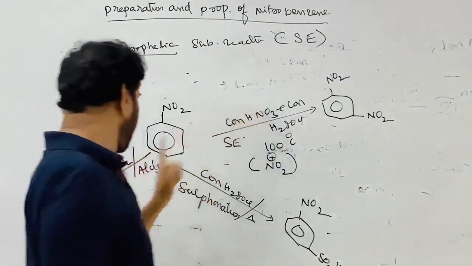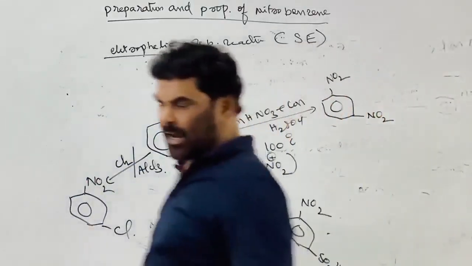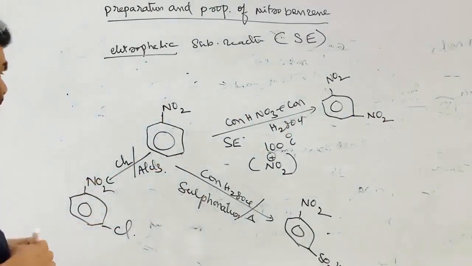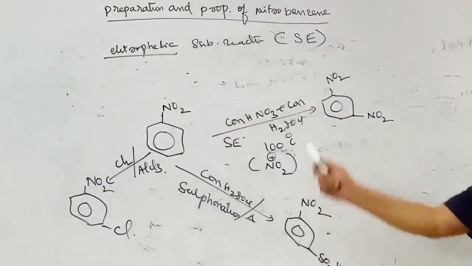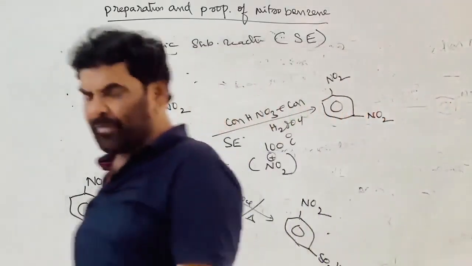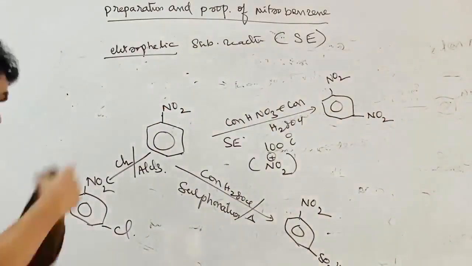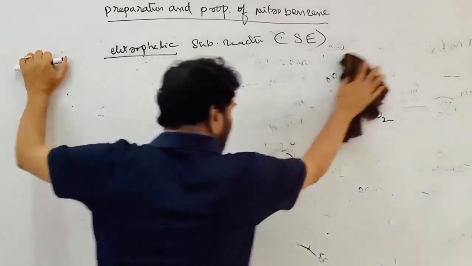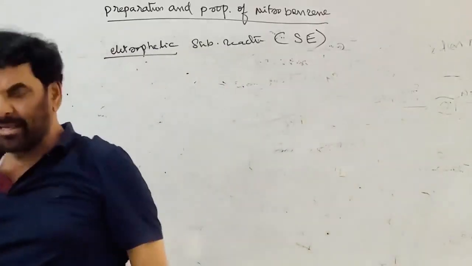So sulfonation, nitration and halogenation. And Friedel-Crafts reactions are not possible on nitrobenzene. Friedel-Crafts acylation and Friedel-Crafts alkylation are not possible. Only a few electrophilic substitution reactions take place, since NO2 is not a ring activating group. The NO2 group is deactivating the ring towards electrophilic substitution reactions. Gattermann formylation, all these things cannot be carried out.